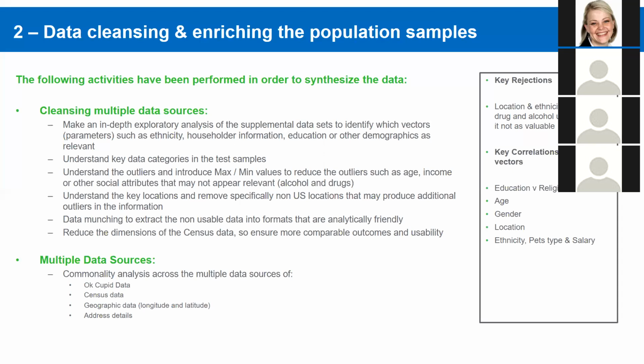And while it was interesting, we found it wasn't very valuable to perhaps our marketing, just because it didn't show anything outside of the norm of what you would expect from common knowledge. But key correlations, we found some useful vectors: education versus religion, age, gender, the location,